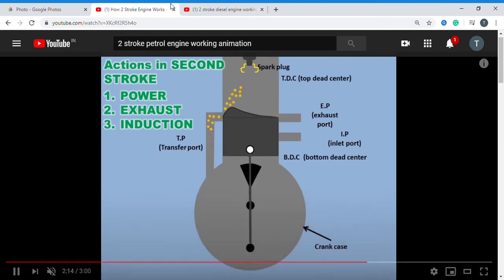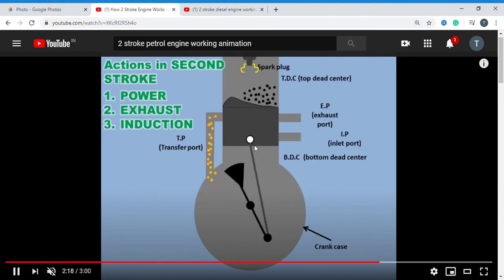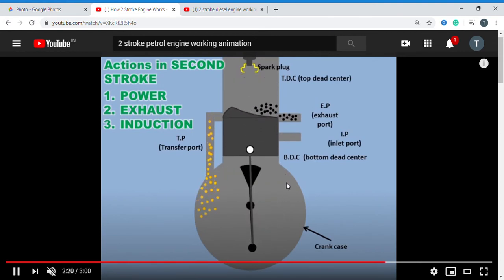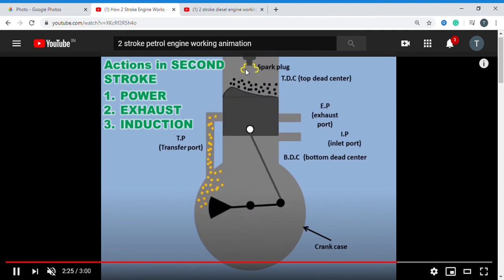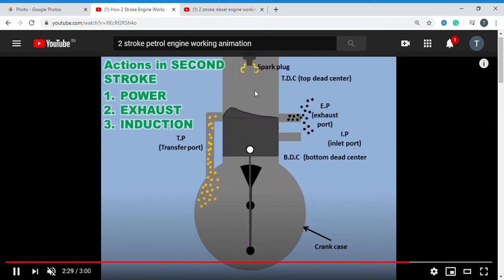So that is the process. When the piston moves from the BDC to TDC, the air and fuel mixture enters, taking the suction process. Already we have the air and mixture here, and compression takes place. After ignition by the spark plug, the thermal energy will be produced. After that, the combustion gas is released from the exhaust port.